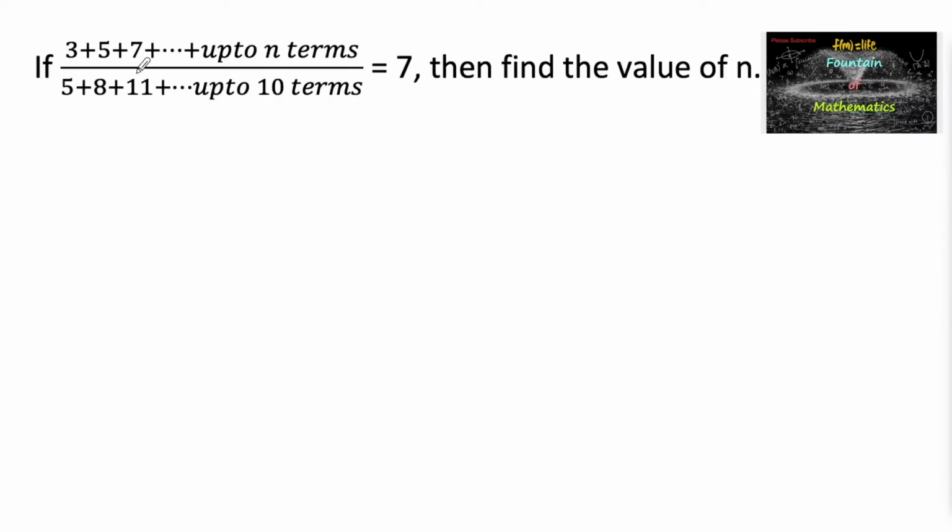If 3 plus 5 plus 7 plus and so on up to n terms upon 5 plus 8 plus 11 plus and so on up to 10 terms is equal to 7, then find the value of n. So here given the ratio of two series, the numerator is 3 plus 5 plus 7 plus and so on up to n terms, this series which is an